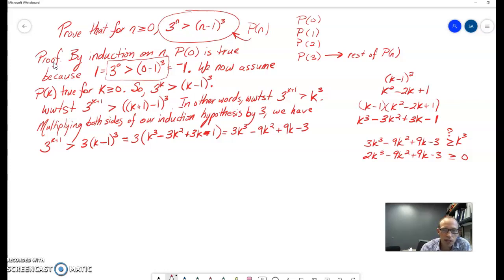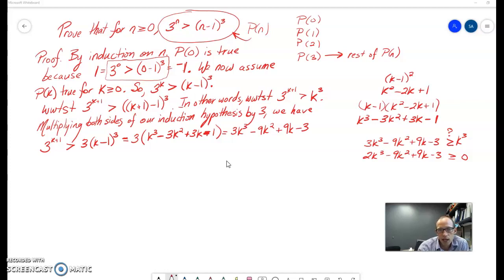So because we're dividing by k cubed, this has to assume that k is greater than 0. So this is not going to work if k equals 0. Okay, so I'm realizing that this is not true for k equals 0. If we plug in 0 for k here, we basically get -3 greater than or equal to 0, which is